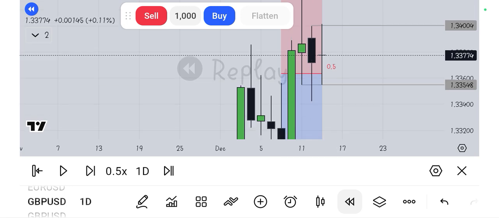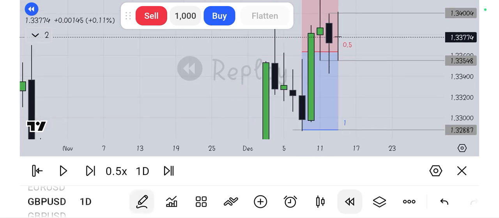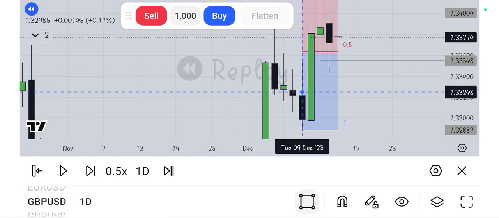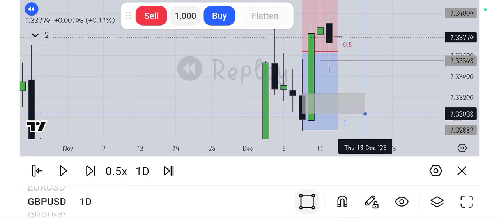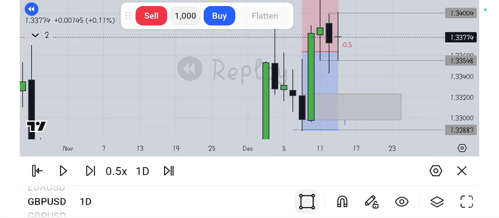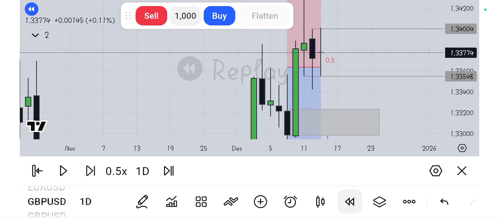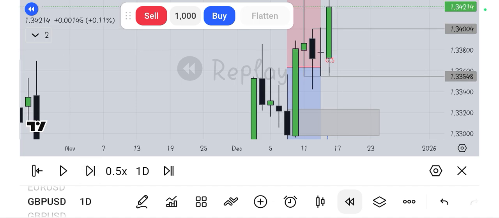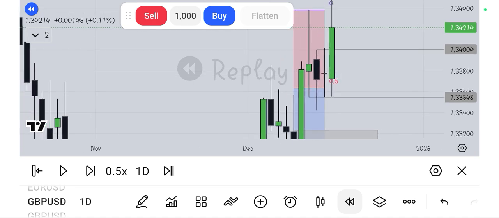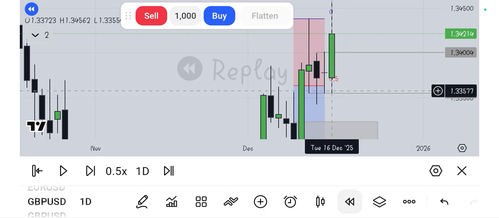And of course now, price being in premium of that range, we shall look for a key level where we expect this market to react from in case it sells. So we can see that we have this order block, which means that the market can react off that block in the discount of that range. So let's see what Tuesday does. So from what we see, I think you can see very well. Unfortunately Tuesday has not sold,